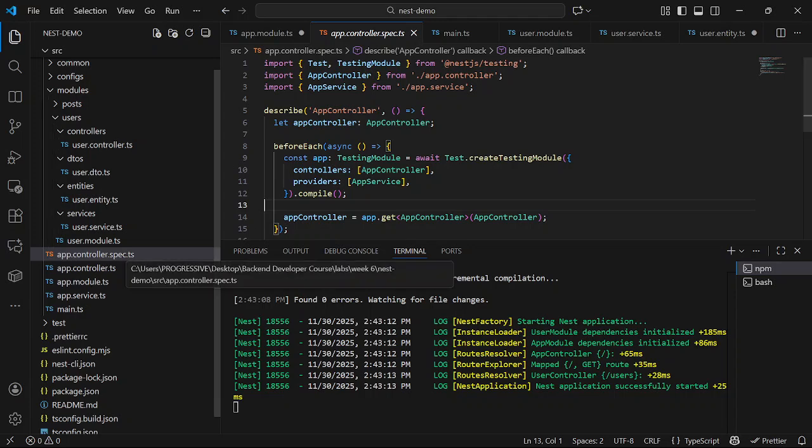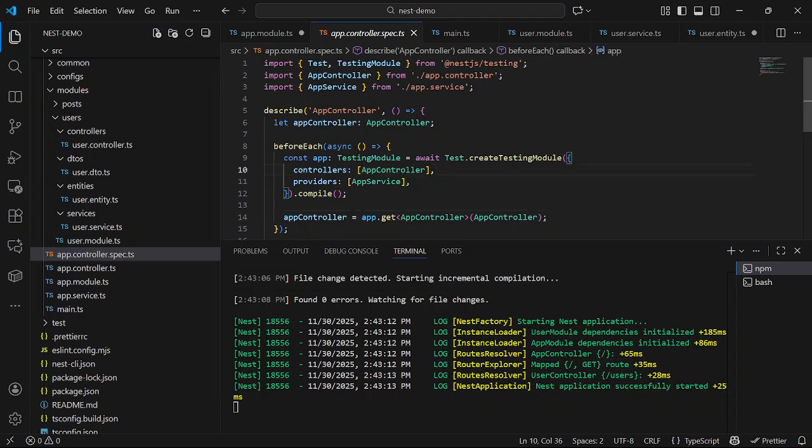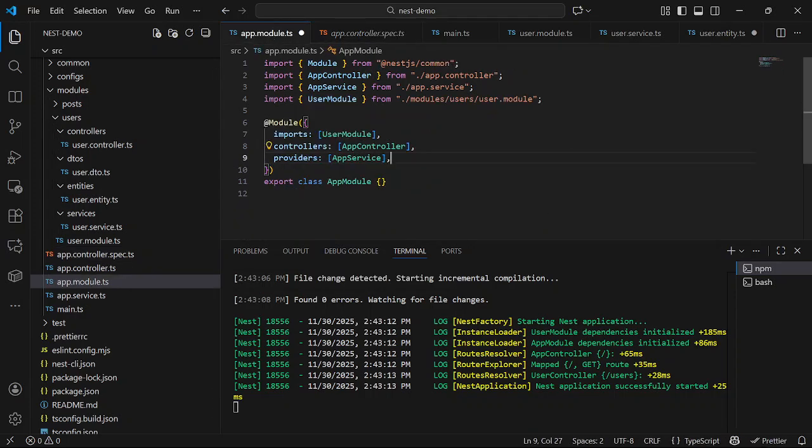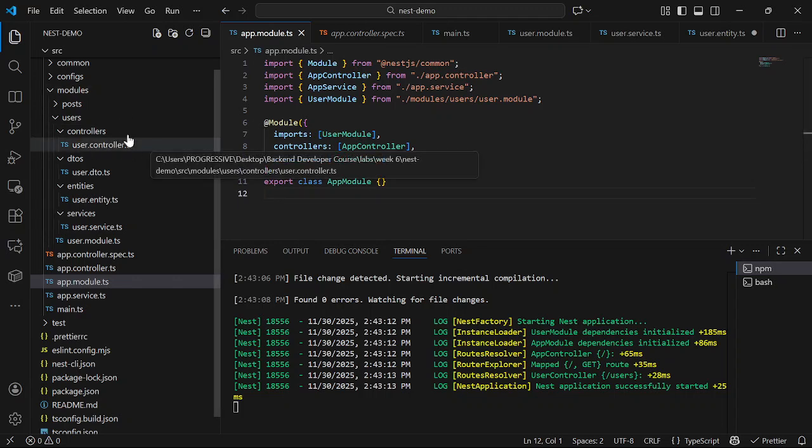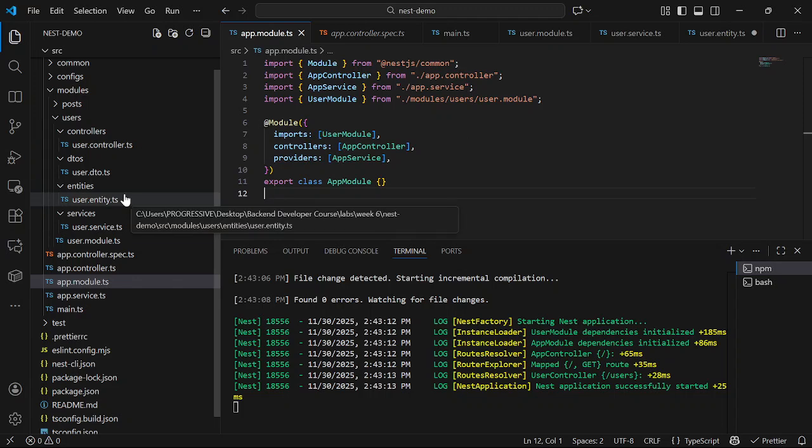Okay, understand? So they're just auto generated, even the other app controller. Yeah, it's auto generated. Because like I told us, you can use different commands to create your controllers. I'm creating everything by myself, creating my controllers manually, but you can use NestJS to create those things for you. If you use Nest, it will auto generate all these test files for you.